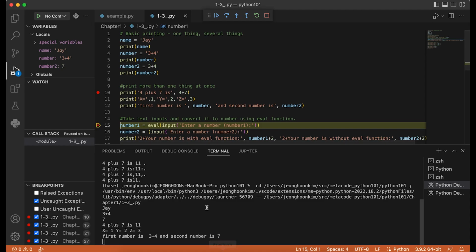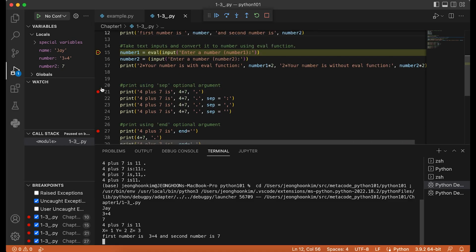This one, right? So let's check the output. So 4 plus 7 is, space, 11, x is equal to 1, space, y is equal to 2, things like that. Also, first number is number, which is letters here. Second number is 7. So you see, we already have a space, right? And Python will put another space between items, so you will see 2 spaces here. Unlike this one, which has no space, so 1 space between items, so 1 space here. All right, let's move on to the next one.